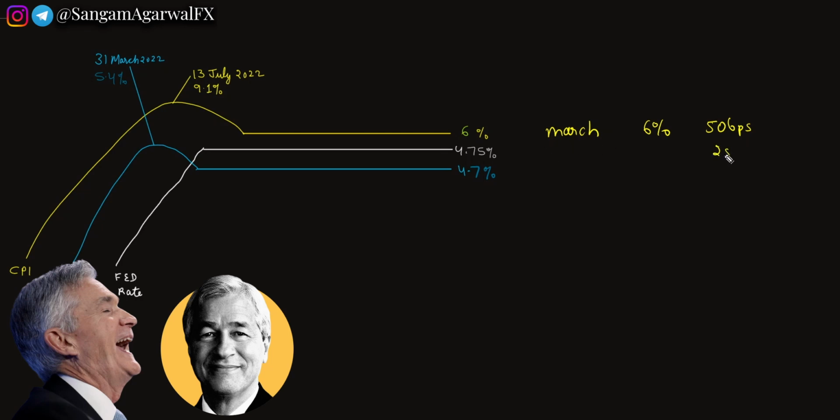He hiked only 25 basis points, and before the FOMC meeting some investors were expecting a 25 basis point